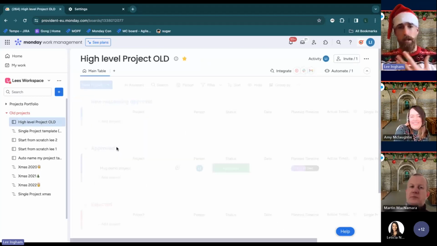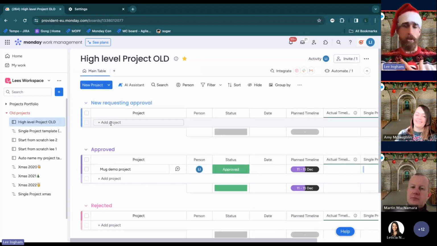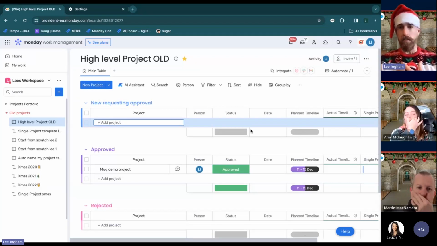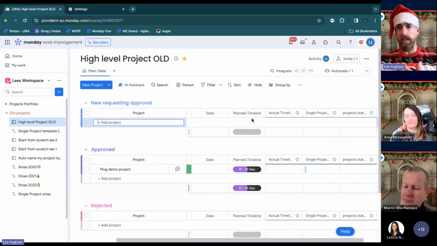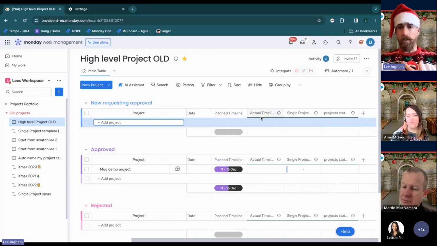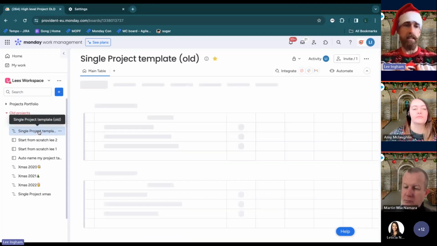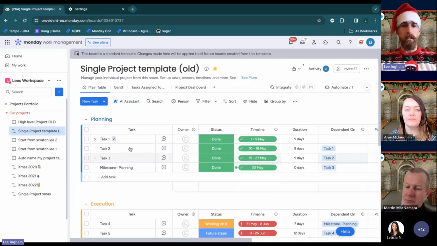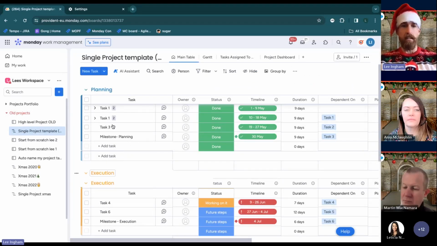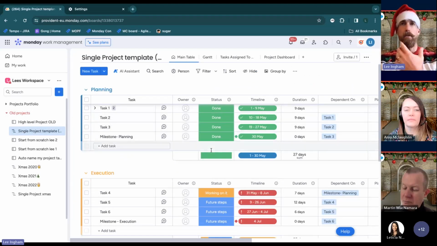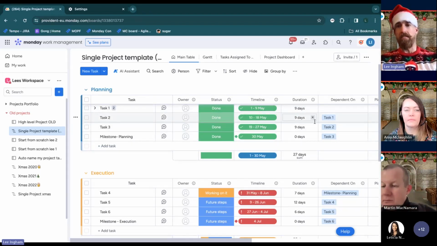So here we have a high-level project board, and in here we can create projects. This is just the roll-up information about the project start date and timeline, and then I've got some connections here to effectively this templated board. So there's a templated project task list board, and you can see in here there's a load of different tasks and different stages. For those people that use projects and want a single project board to manage that project, but also have that information rolled up,